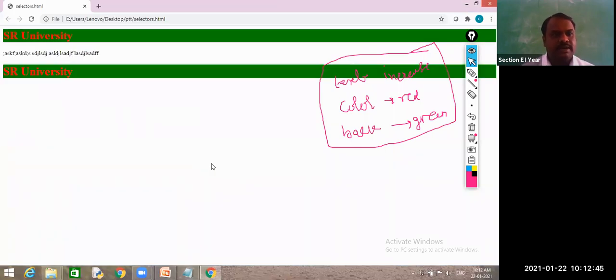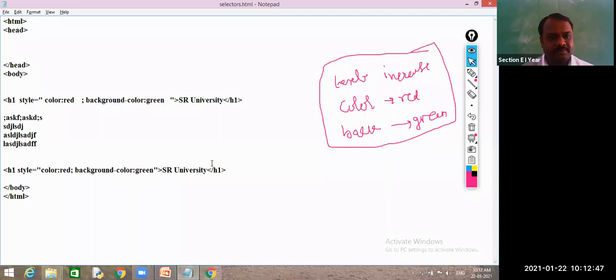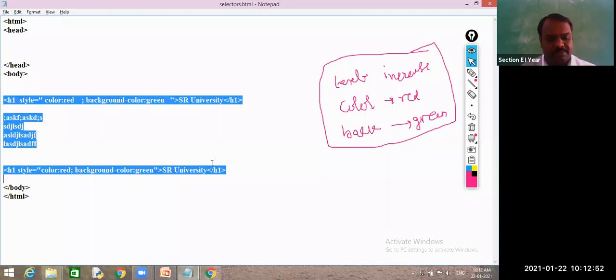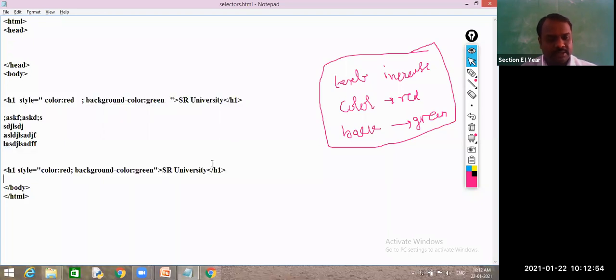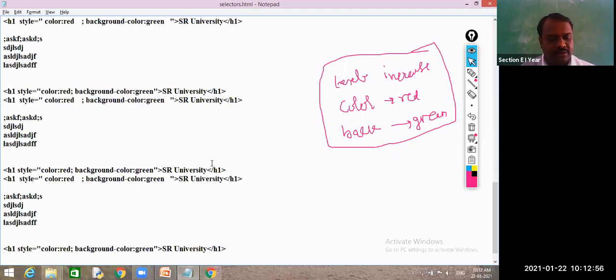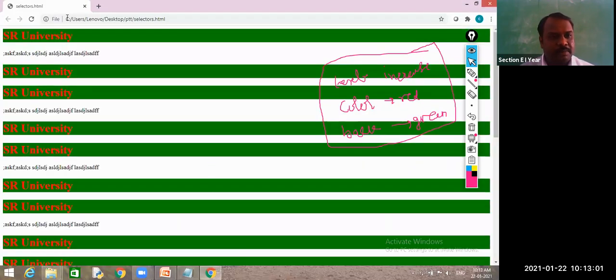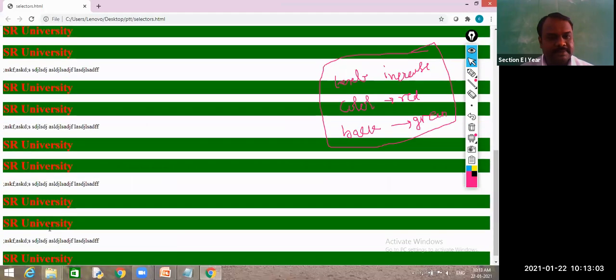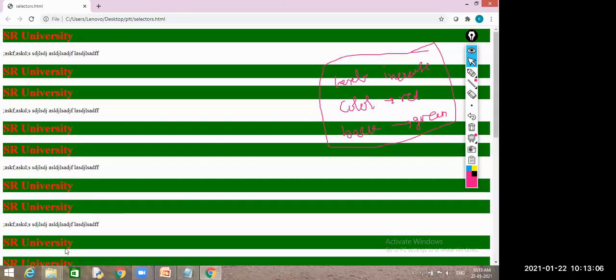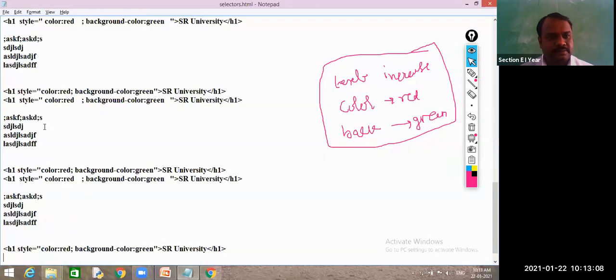Right. So what happens? The second time I have written it. Like that, I want to write the same property multiple times, around 10 times. So 10 times the same property. Are you repeating or not? Yes, sir. For which element? For the H1 element, you are writing this property multiple times. So is it the correct way?